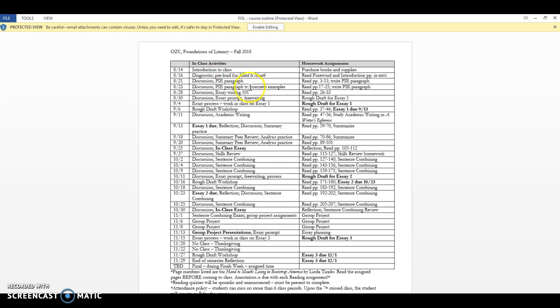But you can just see, I'm going to use that timed writing on Thursday the 16th. And then we're going to start talking about Hand to Mouth, and their assignment then is to read the foreword and introduction, and then they have to annotate on that. I'm not sure what my essays will look like. Usually I do just a general essay that's not related to reading on the first one, but I'm not sure. I mean, I'm kind of planning this as I go.